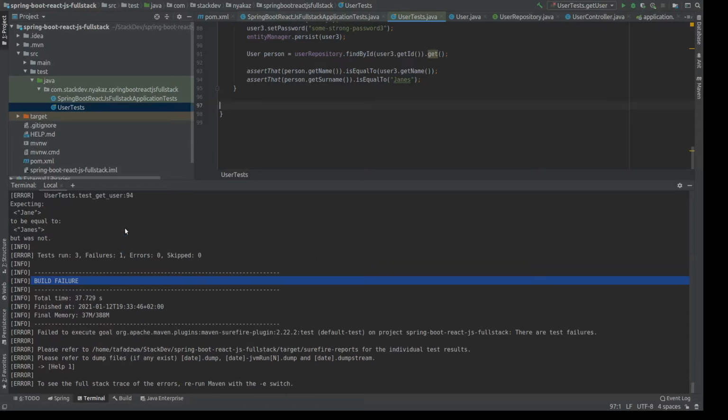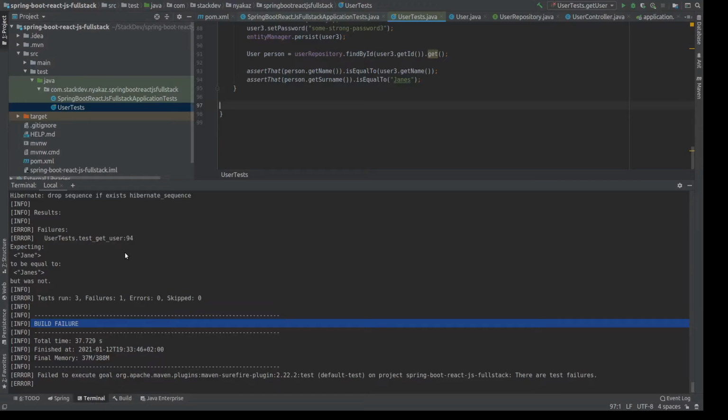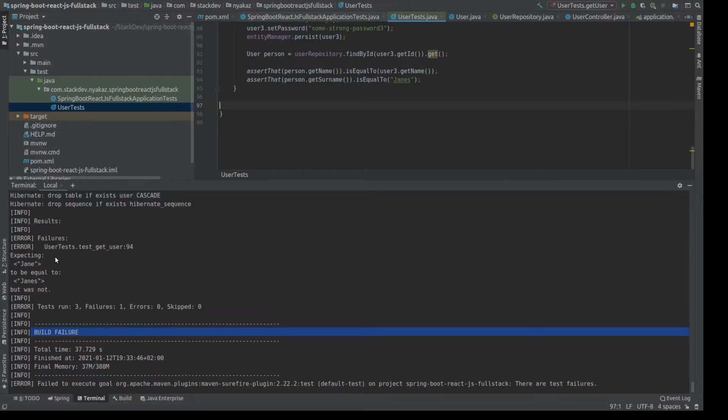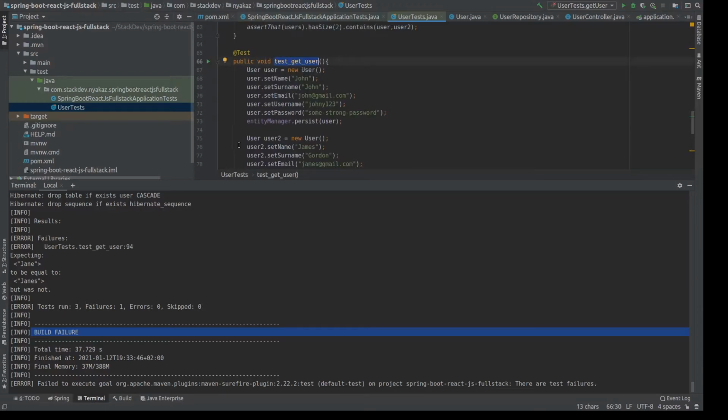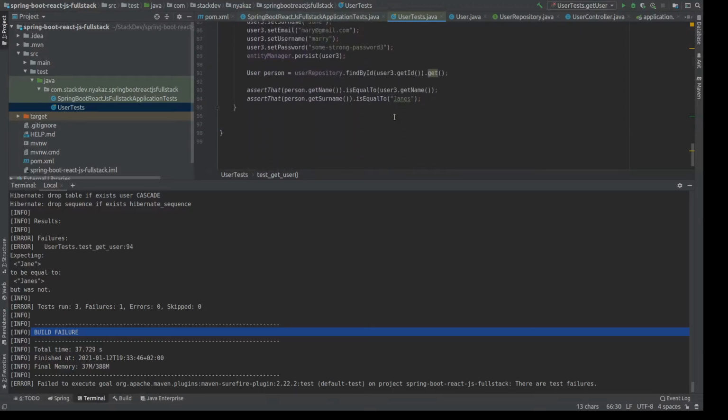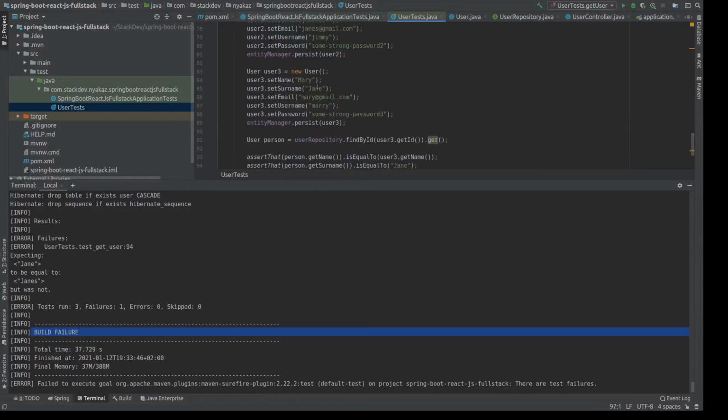If we scroll up, it will tell you where the failure is. Right now it's saying under user tests, for the function testGetUser. This was the last function that we wrote. It's expecting to have Jane on this assertion, but we have written Jane's. This was purposeful, so that we can see if our tests are running. So if I go ahead and correct it to Jane, because for the surname we had set it to Jane, not Jane's,